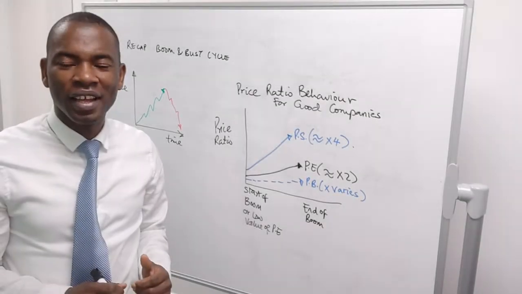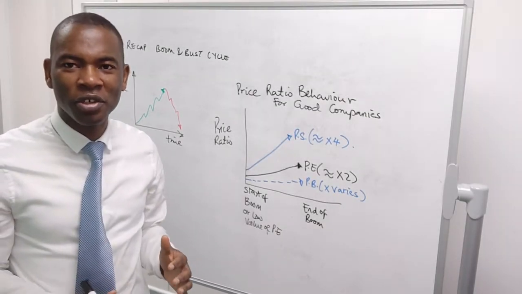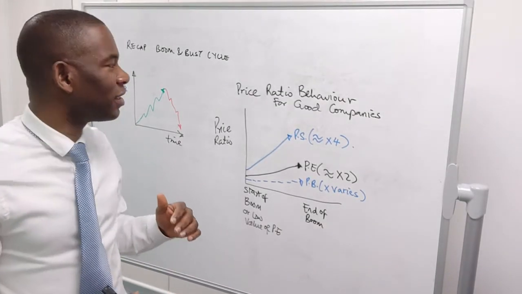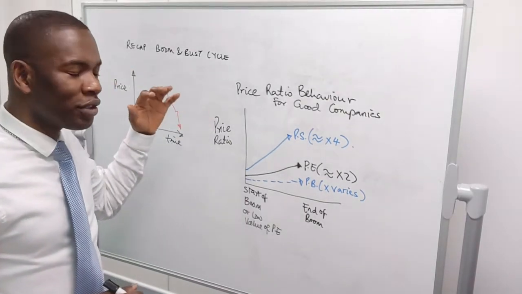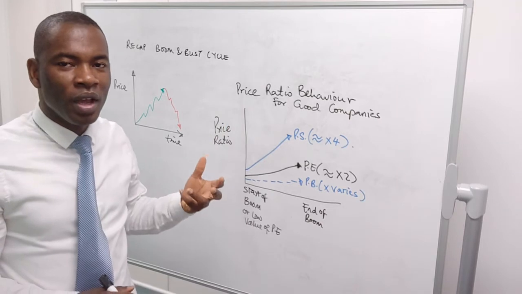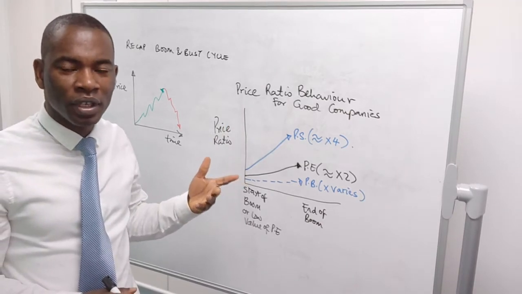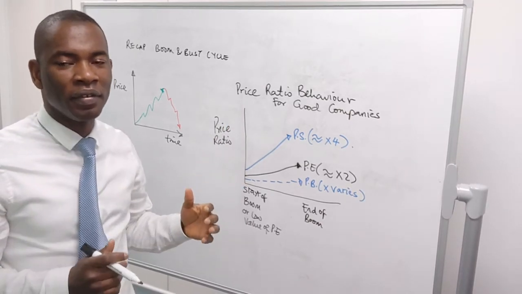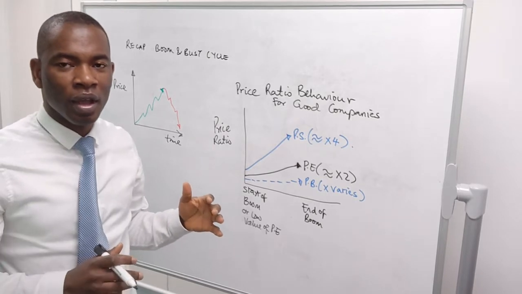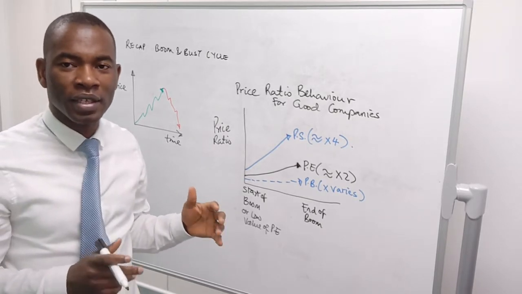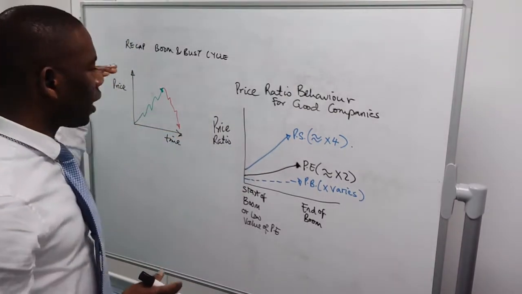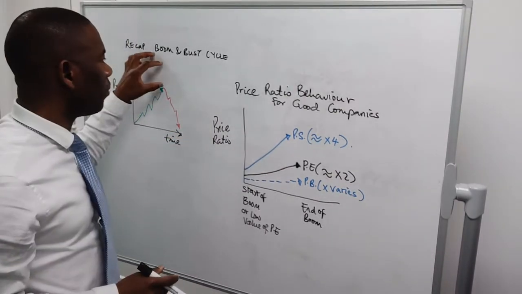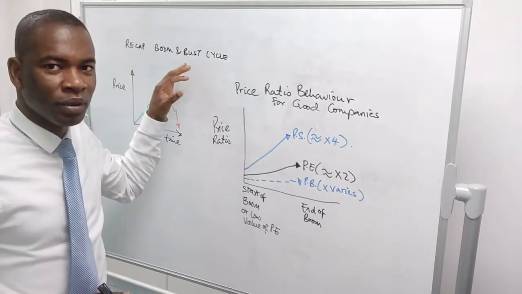We shall be continuing our series on quick valuation by looking at the price ratios today. It's just a quick way to value a stock before you really dig deep and see if this stock is going to really work for you. It's like a sieving mechanism. Look at this. We are talking about the boom and bust cycle again. Recap.